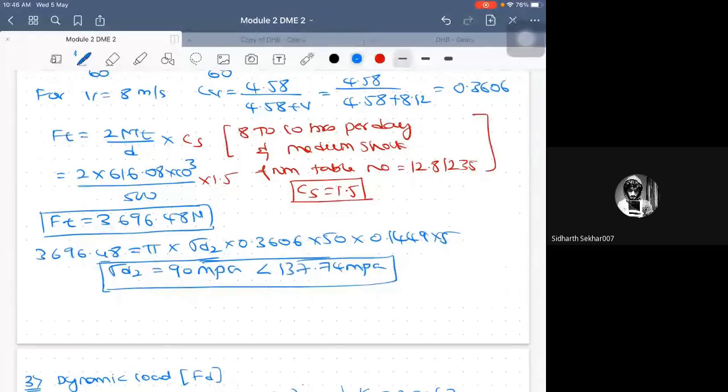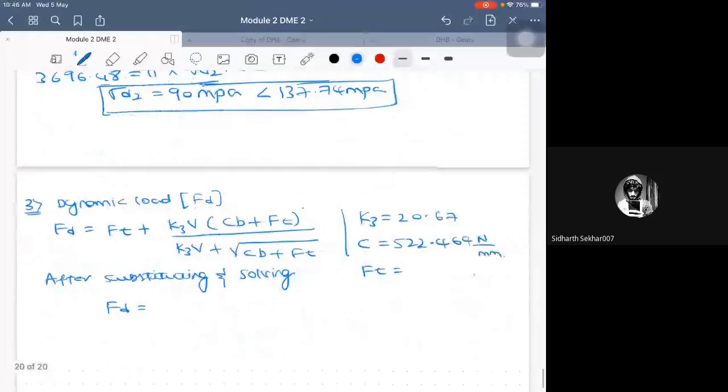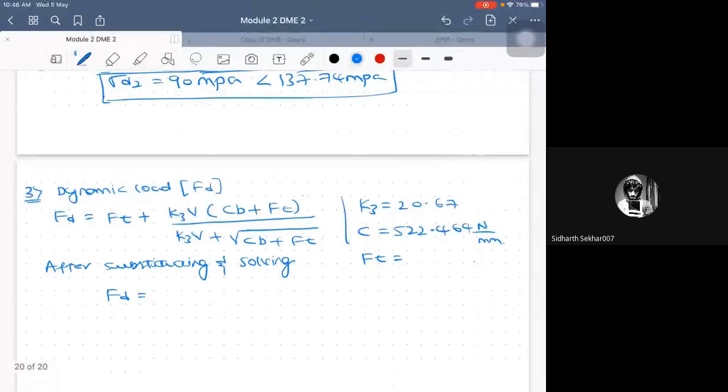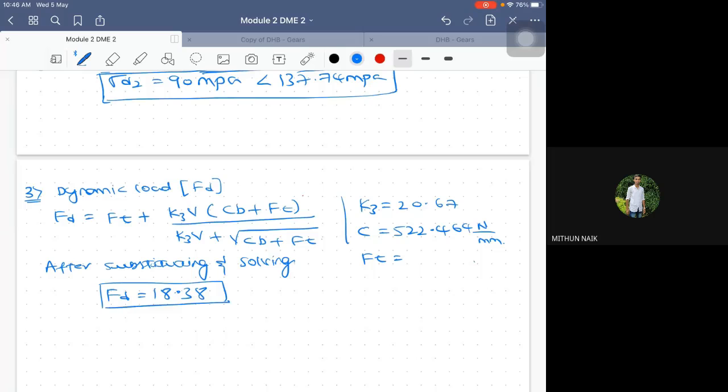Okay. Sorry, FD value. How much is the value? 18.39, is that correct? Mithun, use your value corrected. Mithun Nayak. Yes, sir, I got the same answer. 3696. Okay, 18.38 FD. Correct? 18.38